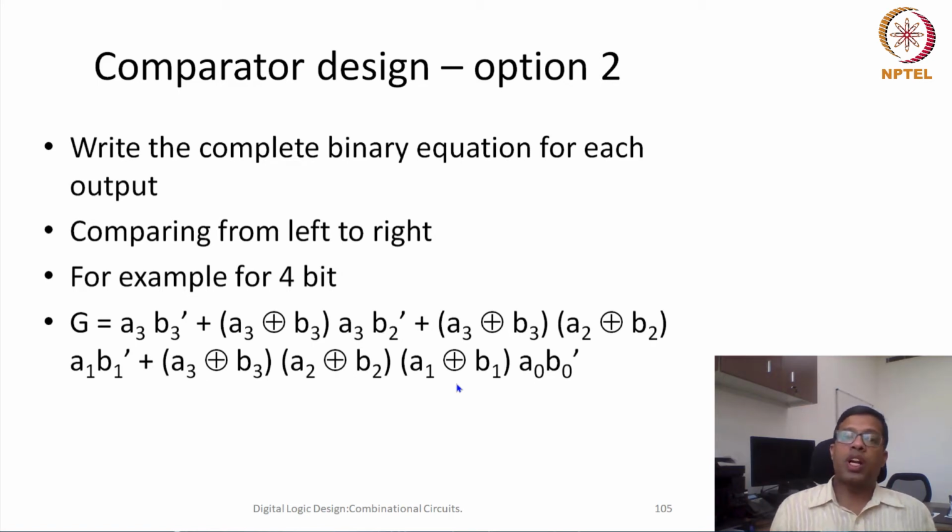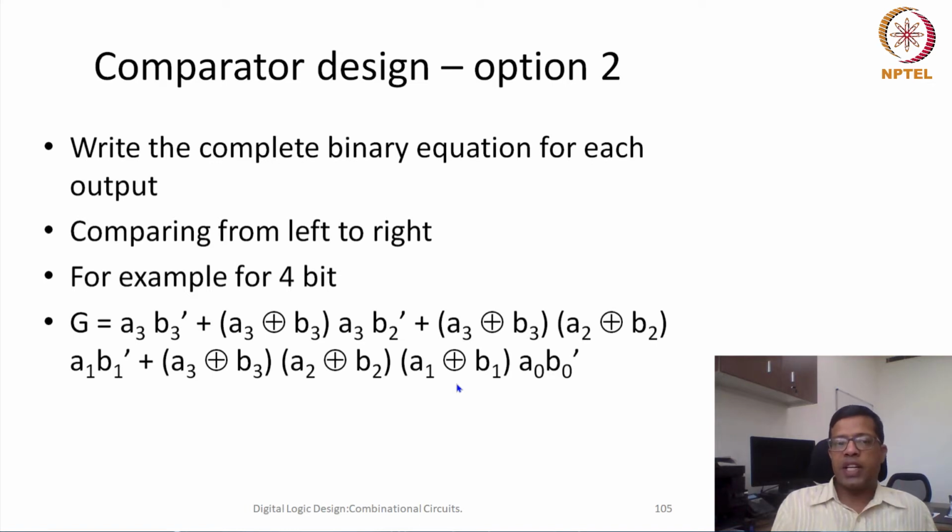Now if we try to translate this approach to a digital circuit, we have to write a complete binary equation. We can't leave it in between. For example, if it is an n bit number and let's say n is 16, even though we came to know that it is bigger at the first bit itself, we still have to go through all the bits till 0, because in the worst case it could be anything, as we don't know what the number would be.